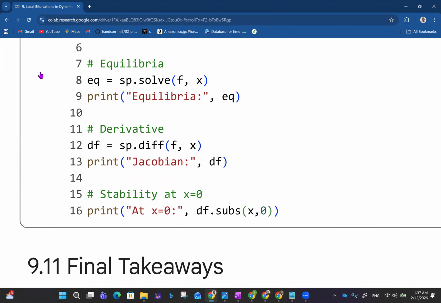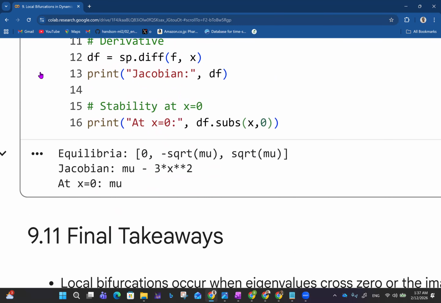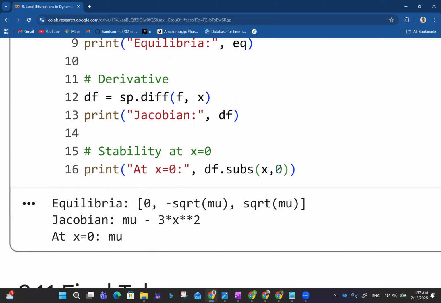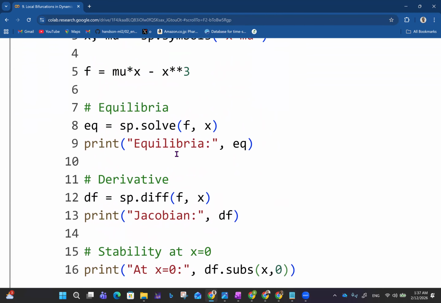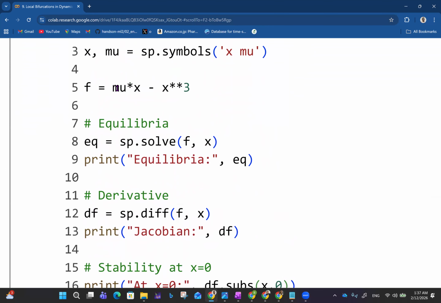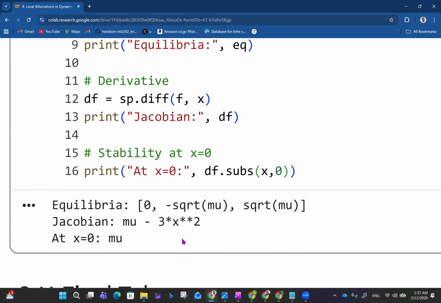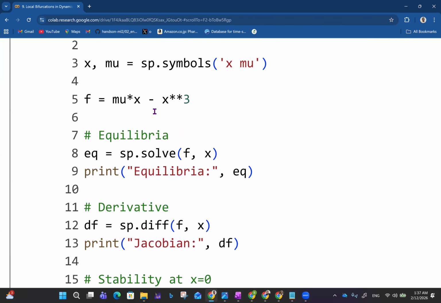Okay, this shows now. So the equilibria for this particular system, mu x minus x cubed, are 0, minus square root of mu, and plus square root of mu. We did this before. And for the Jacobian, we have mu x minus x cubed, so with respect to x, we just have mu minus 3x squared. And then at x equals 0, like that,